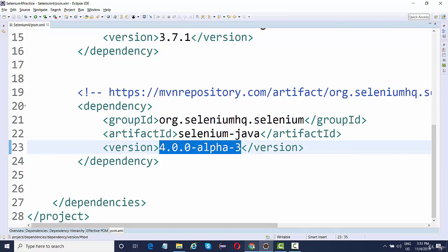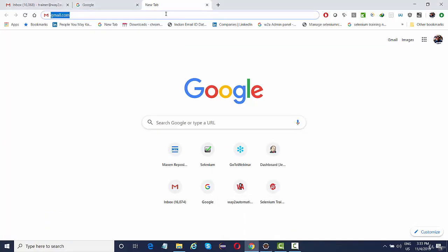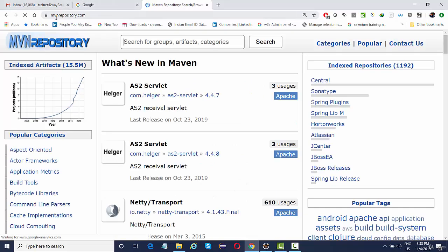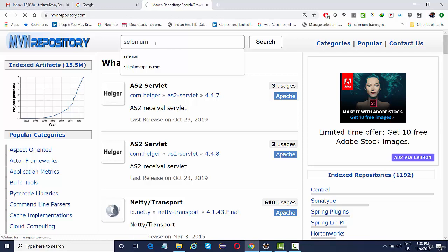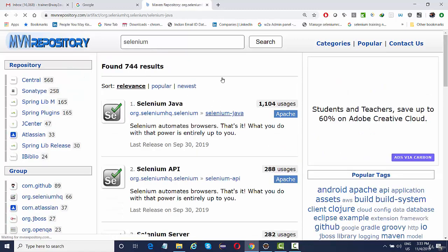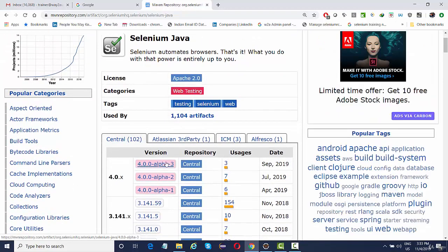So although Selenium 4 is not officially launched in the market, the Selenium website still says that the current version is 3.141.59 as of today's date. But Selenium 4 is going to hit the market very soon. So in case you want to work on Selenium 4, then you can go to the Maven central repository and type Selenium, and from this link you can download the latest